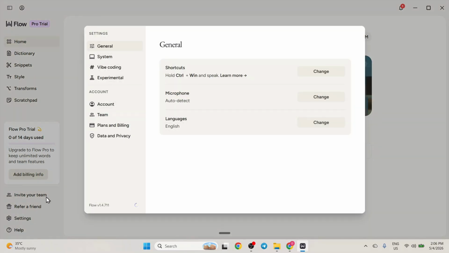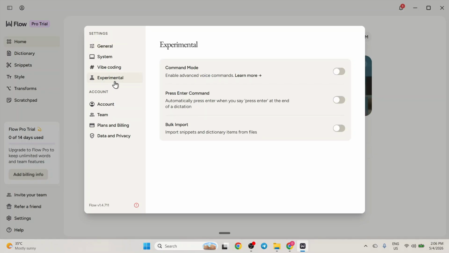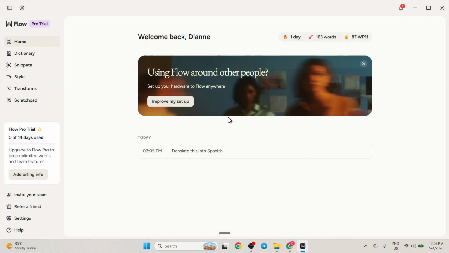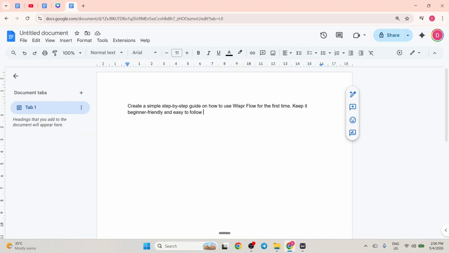Once the Settings panel opens, I'll select the Experimental tab from the sidebar on the left. Here, I'm going to find the command mode option and toggle it on so I can start using voice commands directly within my documents. Now that it's enabled, I'll switch over to my Google Doc where I have some text